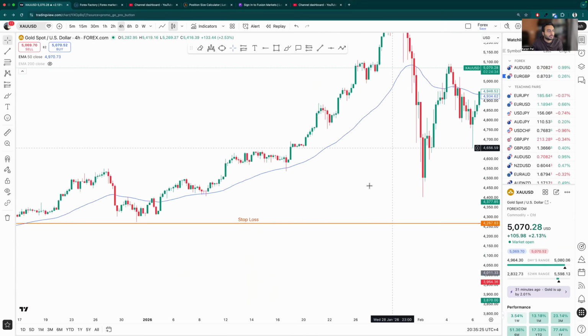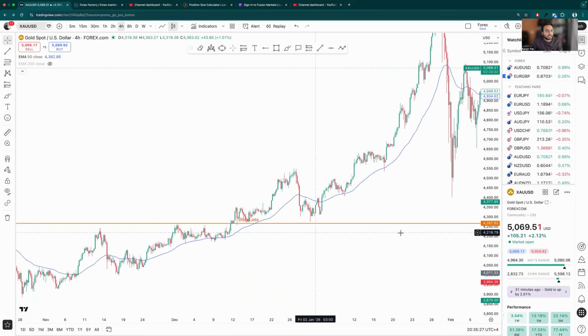All right. So XAUUSD, you can see it moves in a trend, right? When it's creating higher highs, you can see there's a lot of rejections on these EMAs, a lot of rejections. But